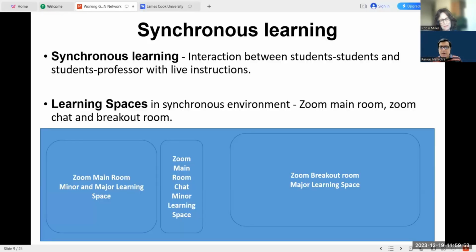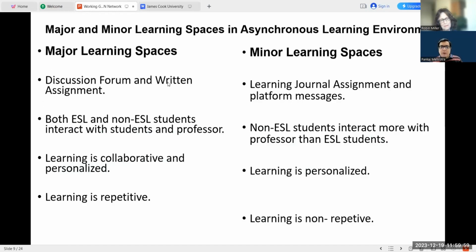Yes, so there's a need to proactively integrate the major and the minor learning spaces in your courses as well as classroom activities. Now, let us just look at what are the major differences in the major and the minor learning spaces in